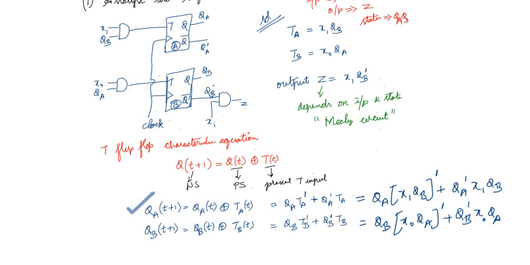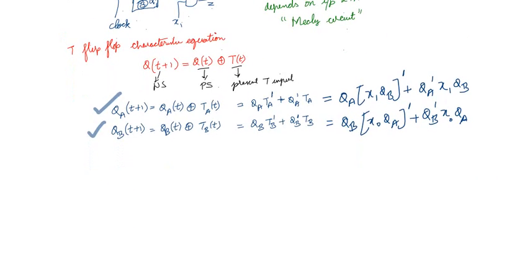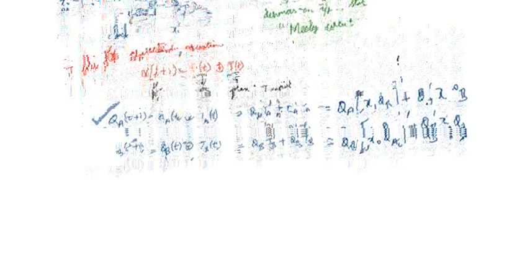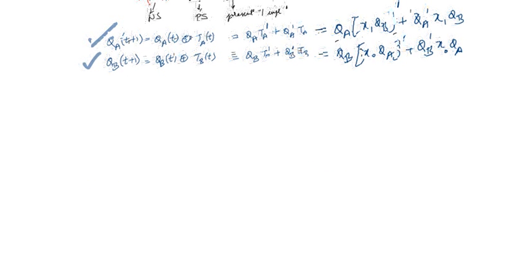Similarly, if you see the next state QB(t+1), it depends on the present state QB, present state QA as well as X0. So with these expressions we are going to fill the table. That table is called the state table. So we just have to keep these two expressions.